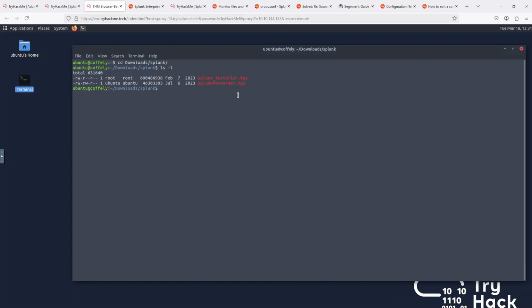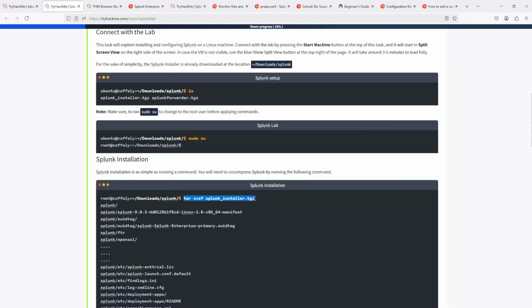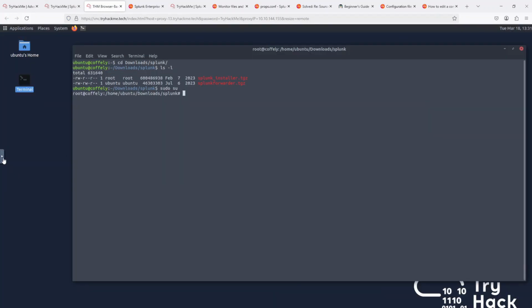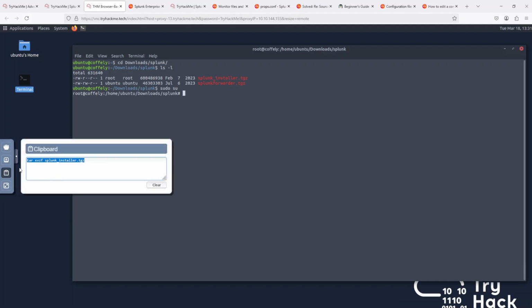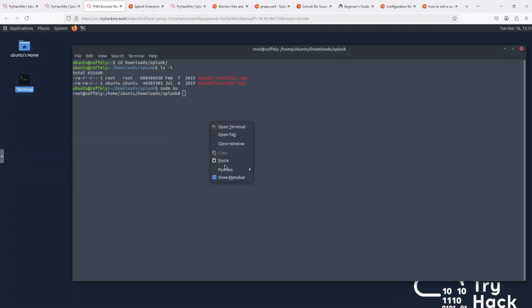Okay, then the instructions: sudo su. Then, to extract, let's copy paste the command and use the clipboard. Let's see if it's recognized with tab. Yeah, so to complete it now,